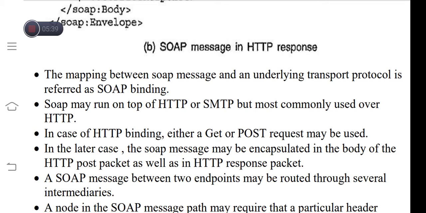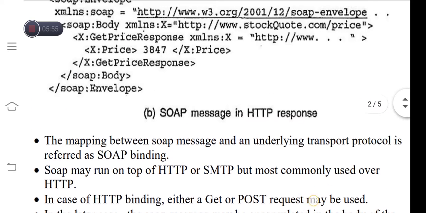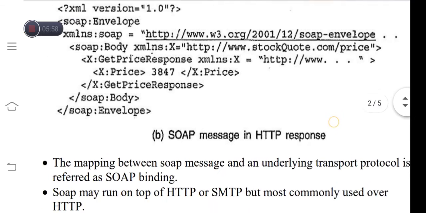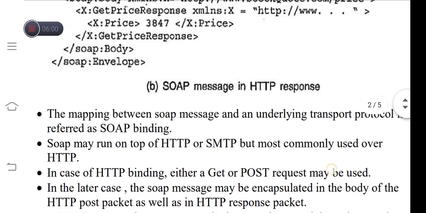In the case of the HTTP binding, either a GET or POST request may be used. In the latter case, the SOAP message may be encapsulated in the body of the HTTP POST packet as well as in the HTTP response packet, as we saw in the above examples.